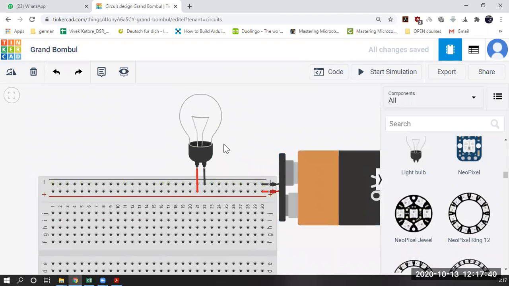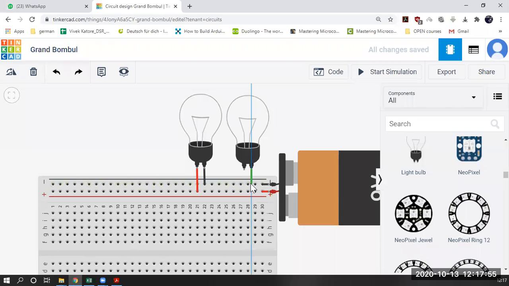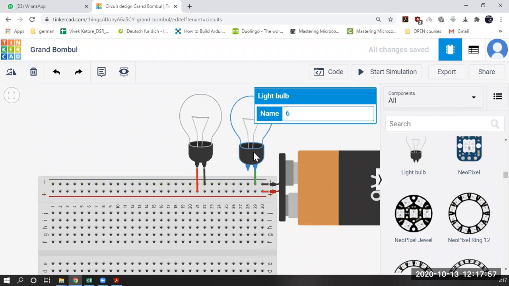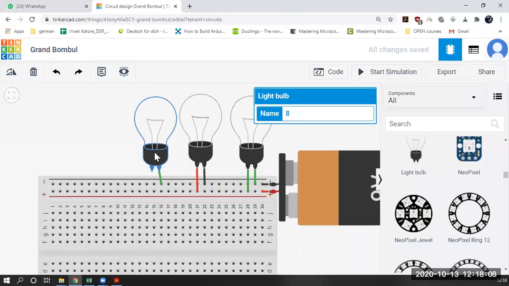It looks simple because we have used only one bulb. What if I want to use a number of bulbs? If I had to use many bulbs, I could do that, right? So let's do it quickly. I will connect one here just for the demonstration that breadboard makes connection easy. Or I can say that it makes your connection look good.